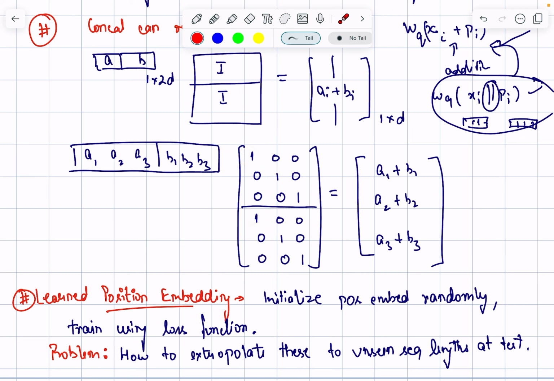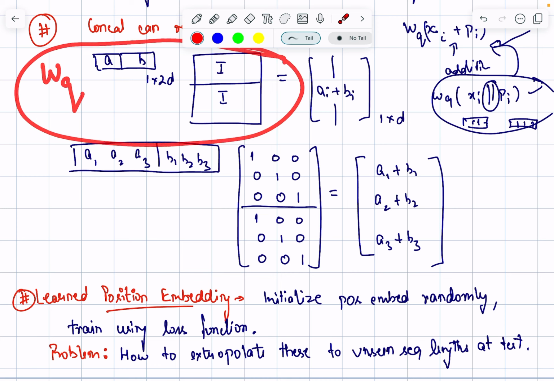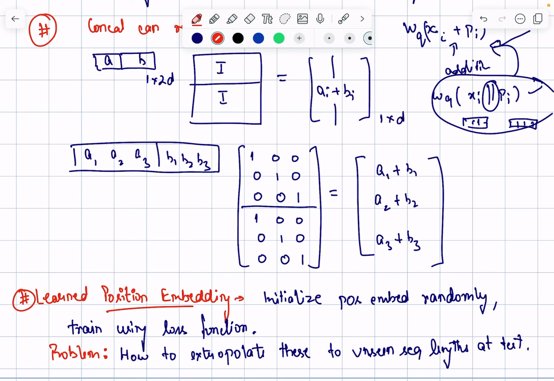So that essentially means that if my weight matrices were not identity, I can initialize it as identity. I have shown it using an identity, but if these were theta values, then there exists a value of theta such that it can represent the additive form also. Okay. So if we have a weight matrix here, that WQ here, then it essentially means that WQ